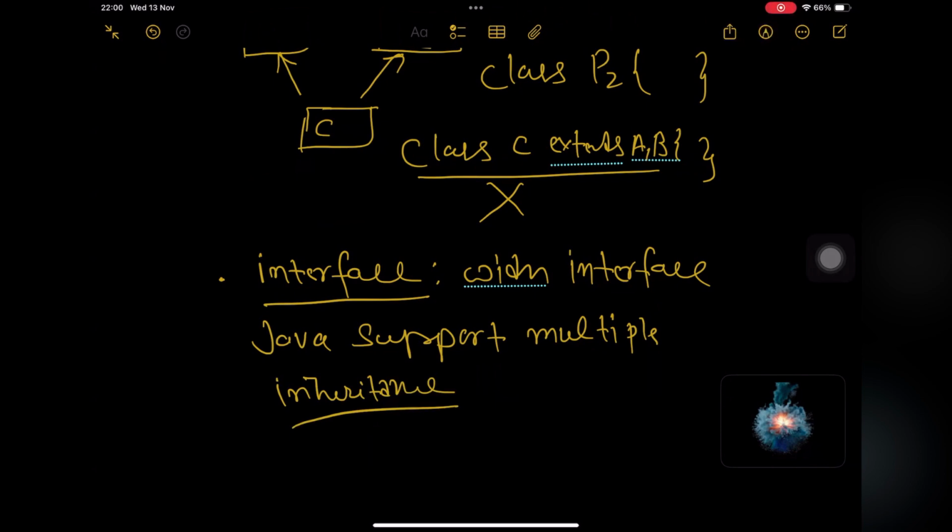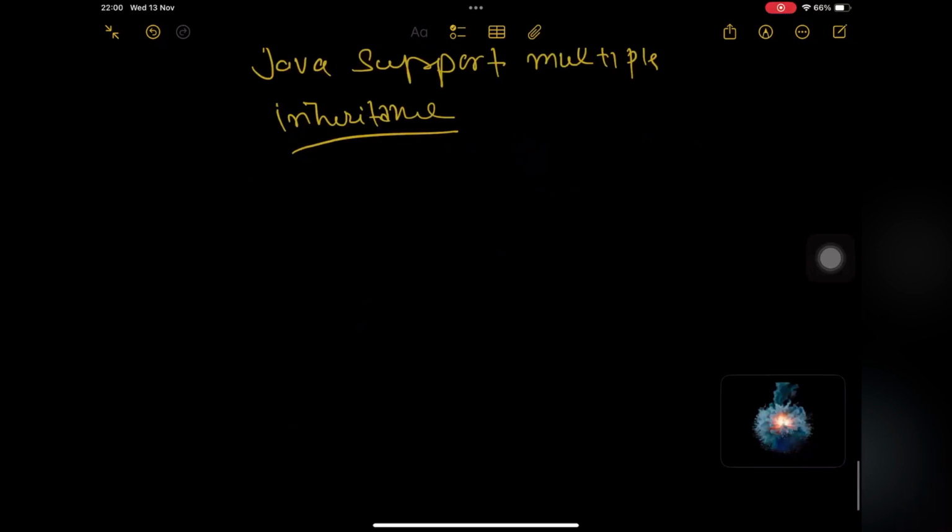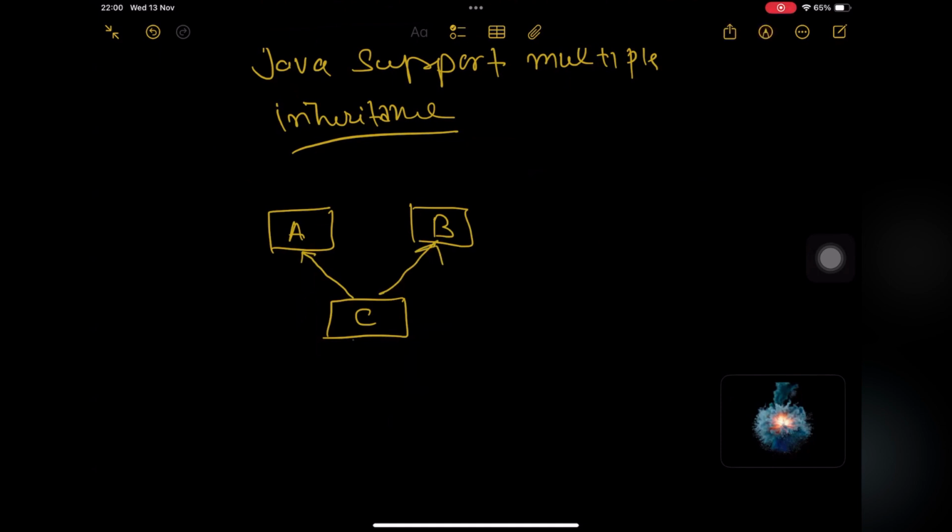Okay, so we'll read about the diamond problem. So what exactly is the diamond problem? Okay, one second. Let's assume, I will just explain a bit and then we'll move on. So let's assume this is class A, this is class B. Now this is class C. C is inheriting A and B. Now here we have